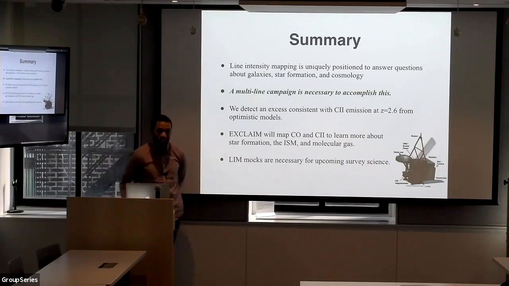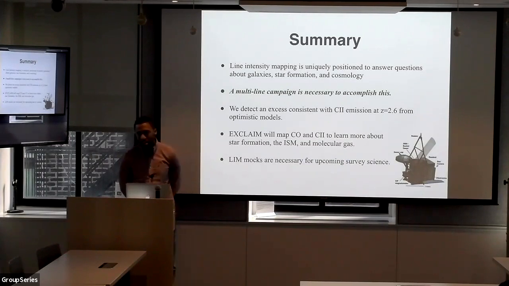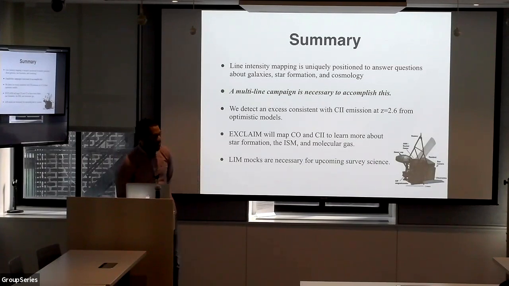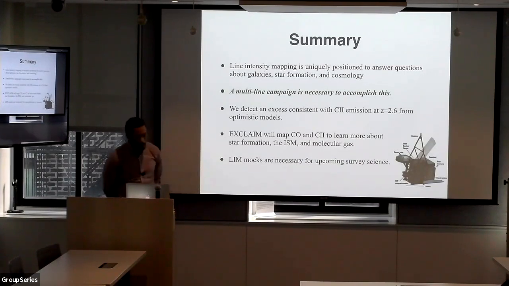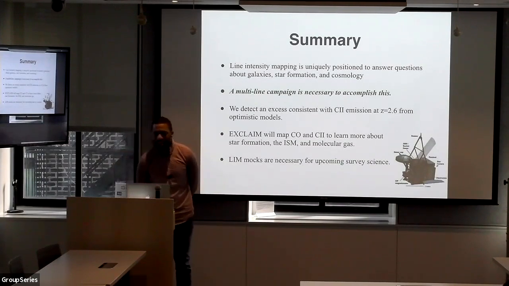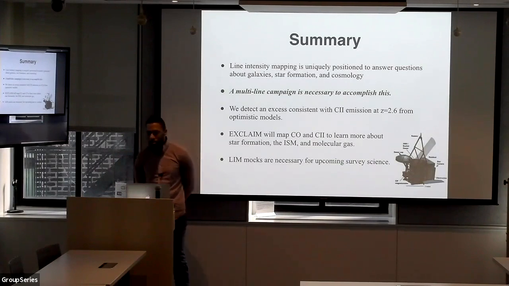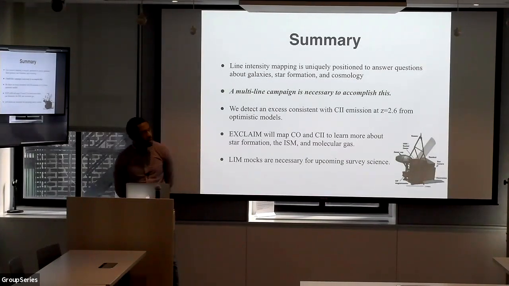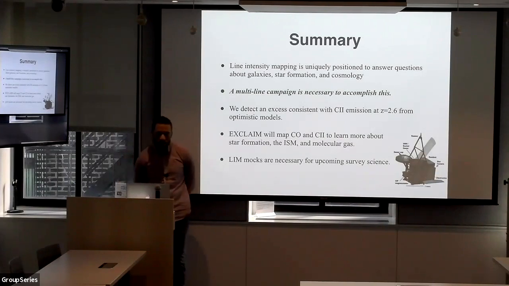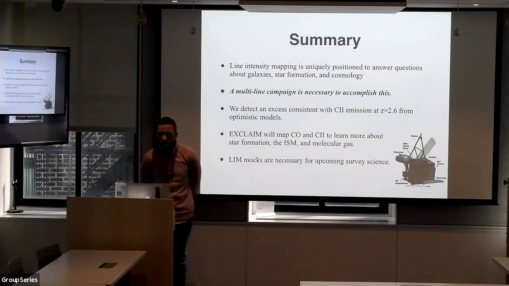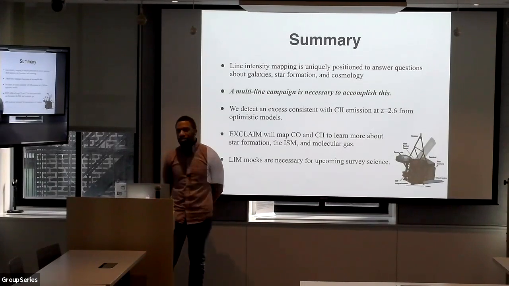There's also the possibility of intensity mapping, which I know some people here are working on, like Paco, and so that's also another avenue that I find very interesting. And then we were able to do some work with what we had with the Planck survey to try to constrain C2, and we were able to detect an excess, but more work is needed, particularly with actual high spectral resolution surveys. EXCLAIM is going to be one of several surveys that are going to be able to pursue this, and SPHEREx is also going to have a role to play in this as well, and I'm very excited to see what's going to happen in the next few years.